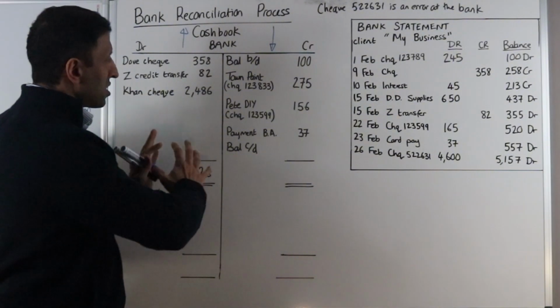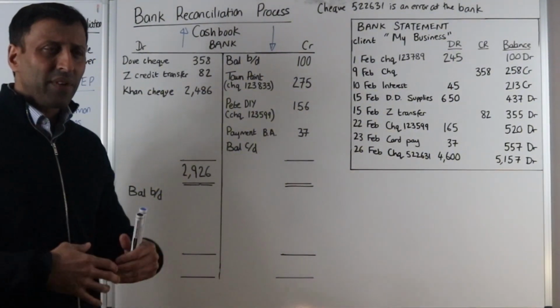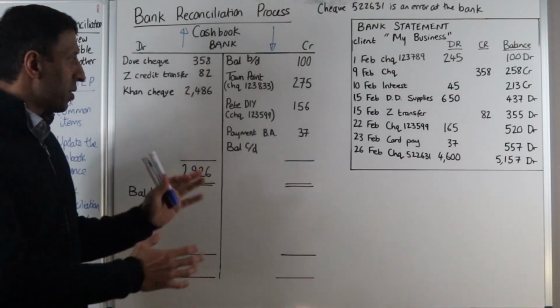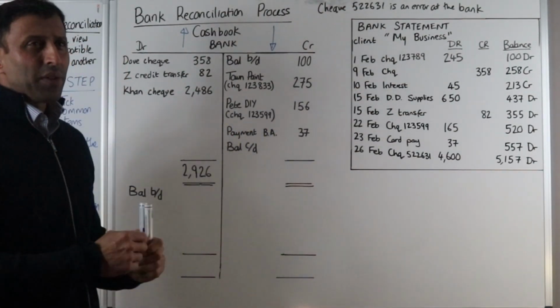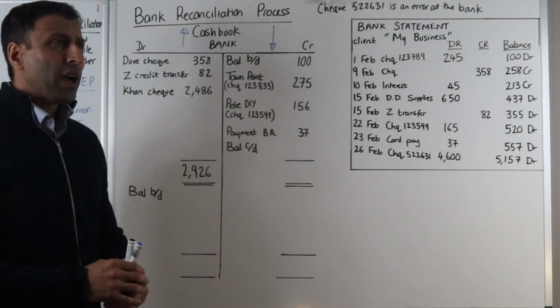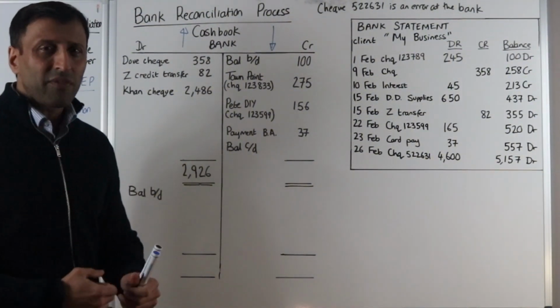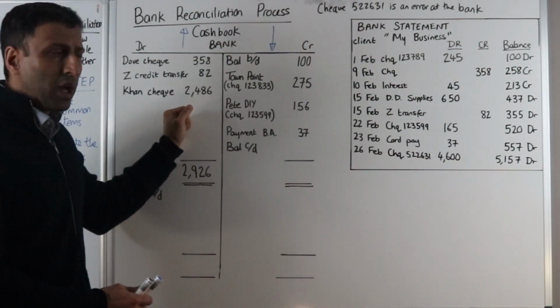So there's going to be a balance, a figure here in the cash book that the business thinks they have, this much money in the bank, and what items have come in, which payments have gone out of the bank. Now there's going to be some items that happen that the bank isn't yet aware of. So for example, we might receive a check from a customer and put it into debit the cash book, and